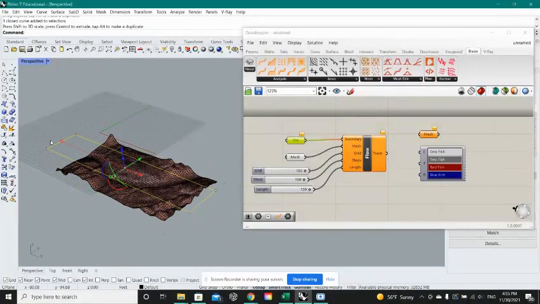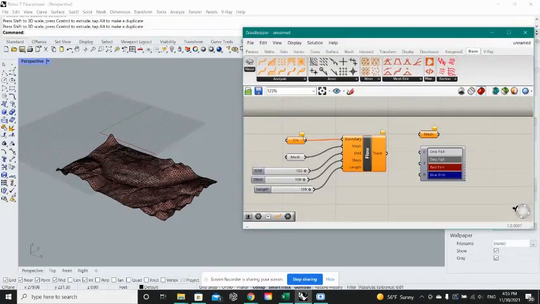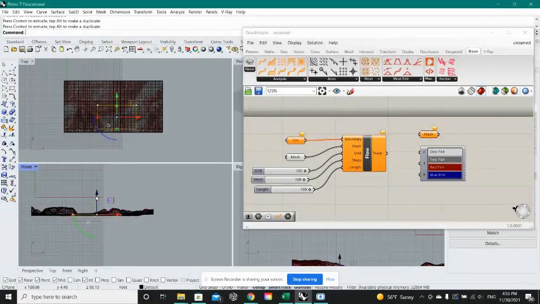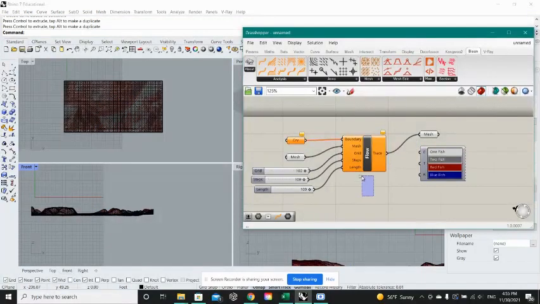Let's reduce our curve. What's wrong with it? Floating perimeter. Can't see where it is in elevation. Okay, but